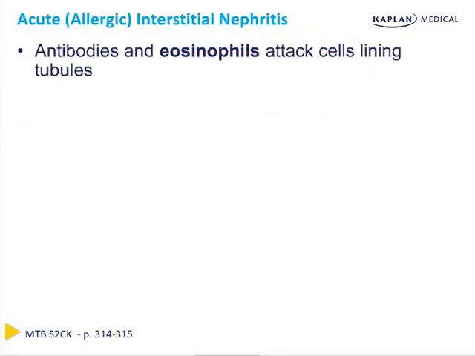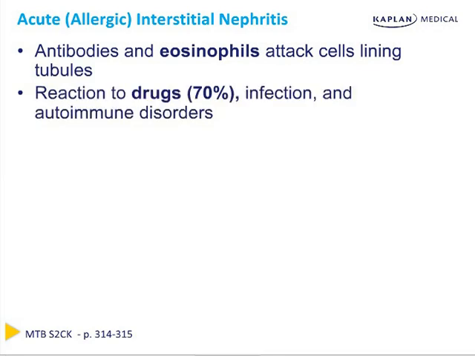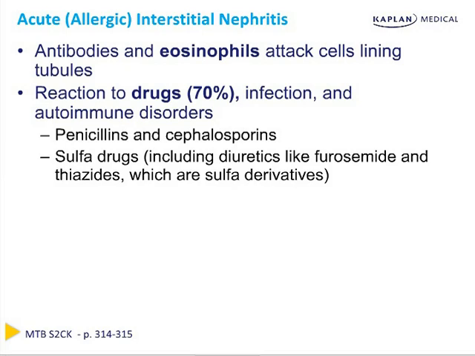We talked a little bit already about acute or allergic interstitial nephritis. What happens in AIN is that antibodies and eosinophils attack cells that line the tubules of the kidney. Almost always it's a reaction to drugs, 70% of causes, but AIN can also be caused by infection itself and by certain autoimmune disorders. The most common culprits in terms of drugs that cause AIN are the same medications that a patient might be allergic to, most commonly penicillins and cephalosporins, sulfa drugs like furosemide, hydrochlorothiazide, and trimethoprim-sulfamethoxazole or Bactrim,